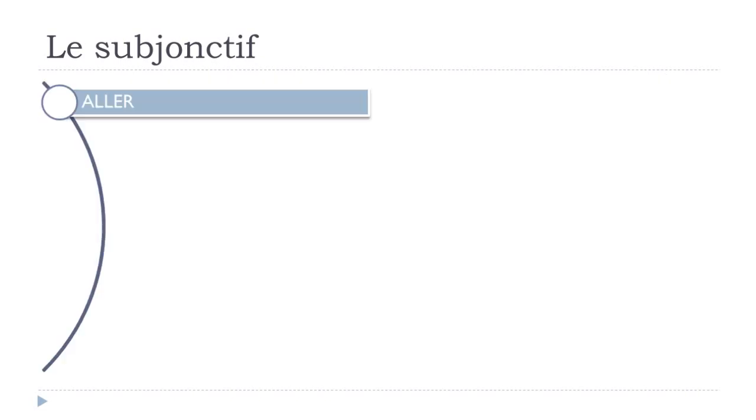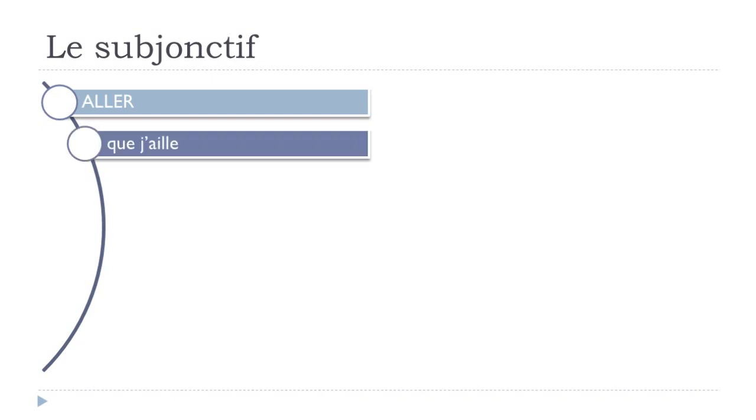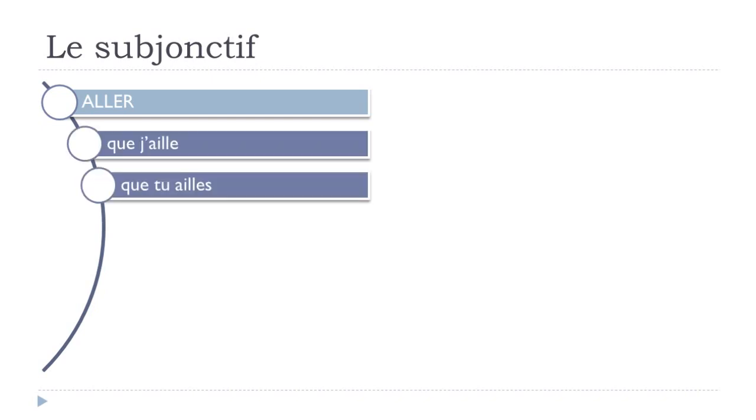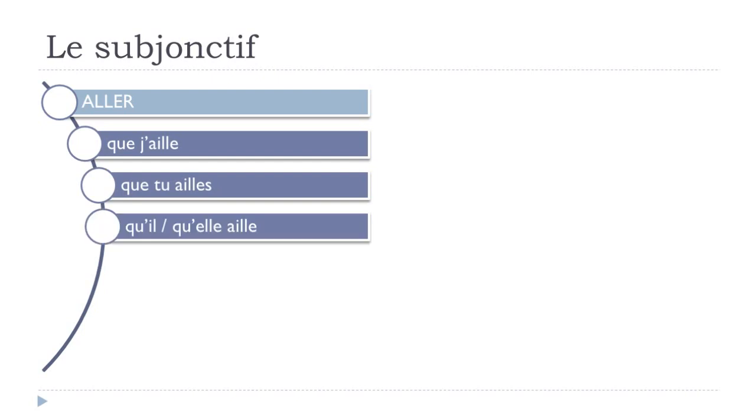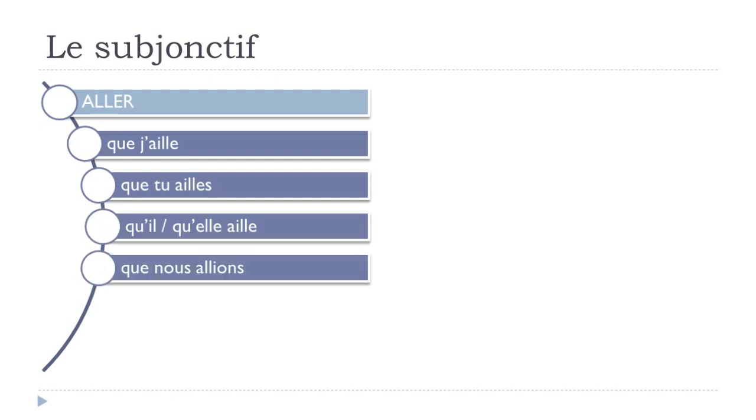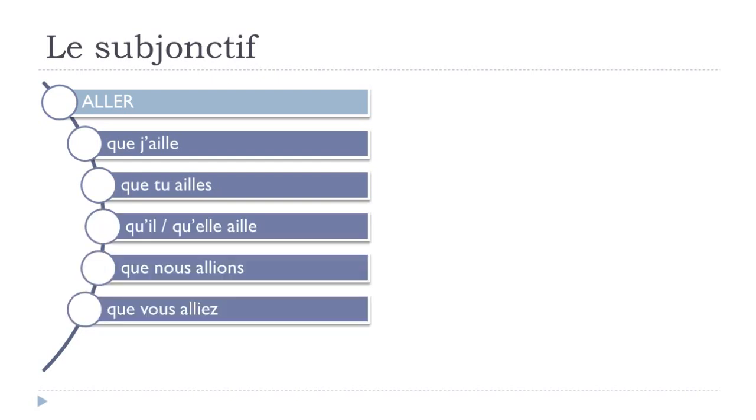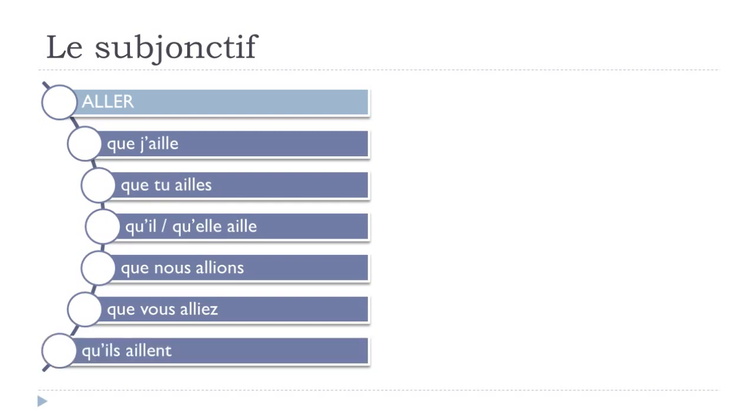Of course, we've got some more tricky verbs, and aller is usually one of them. Aller means to go. Have a look. Que j'aille, que tu ailles, qu'il aille, qu'elle aille, que nous allions, que vous alliez, qu'ils aillent, qu'elles aillent. Sorry, I forgot the feminine form here. Okay, so que j'aille, listen to me, aille. Que tu ailles,